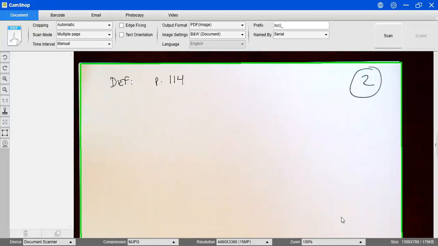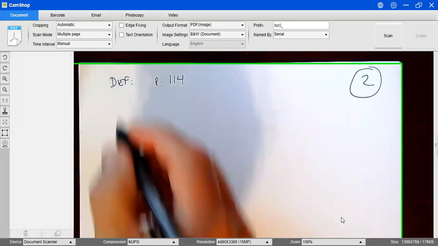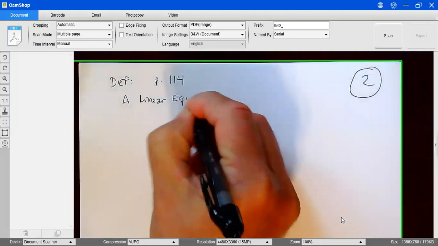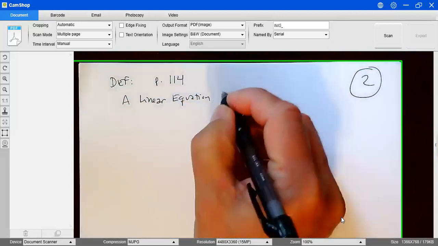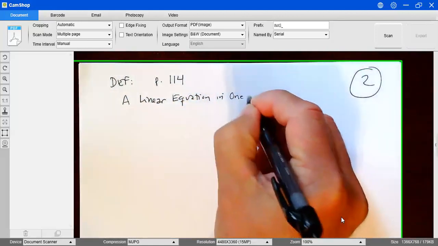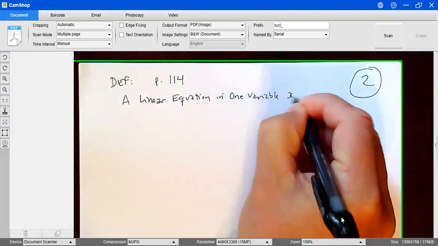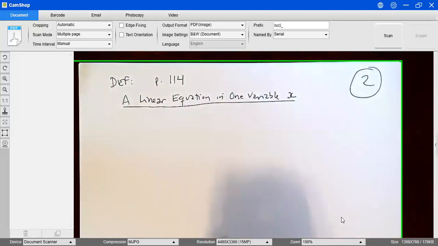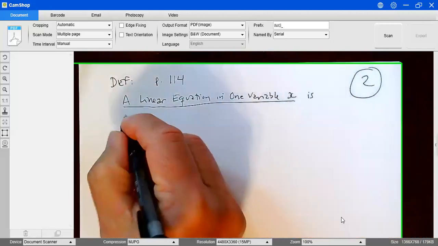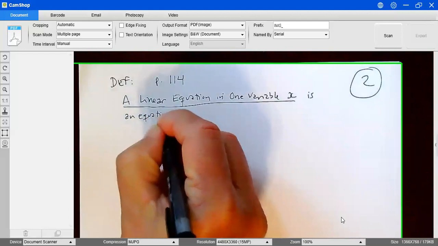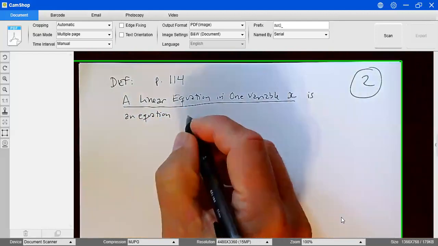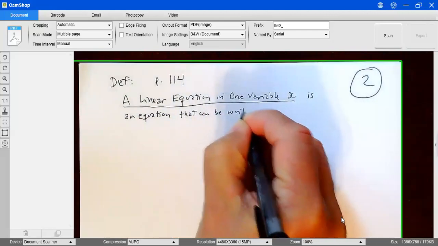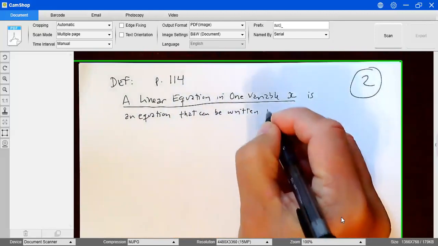It says that a linear equation in one variable x is an equation that can be written in the form,